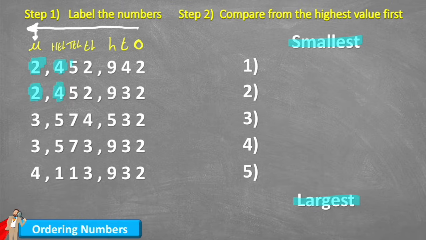Look in my 10,000s, we both have a 5. Look in my thousands, both have a 2. Look in my hundreds, they both have a 9. But look, now in my tens column, I can see I have a 4 and a 3. And remember, I'm looking for the smallest value, so therefore this 3 holds a smaller value than the 4. So it doesn't matter what goes on now in my ones column, we know automatically that this number here must be smaller. So my smallest number out of this set is